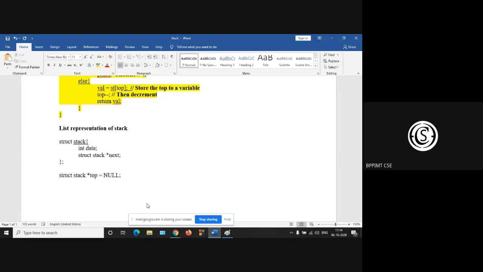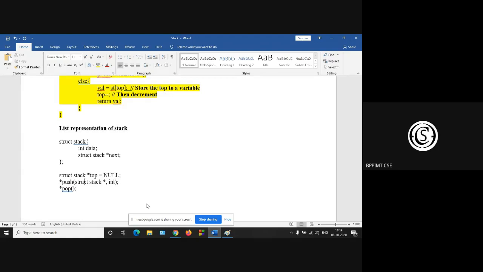And there are two functions: one is your push function and another is your pop. In push, we take a struct stack pointer and int value.